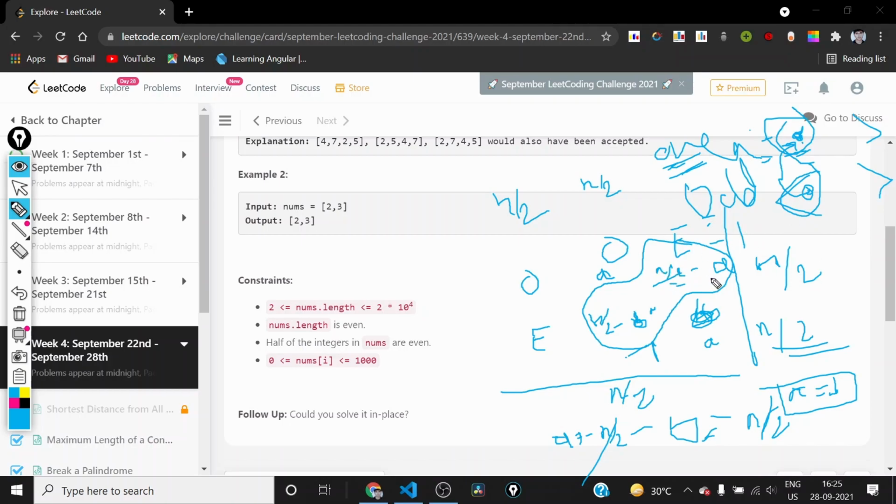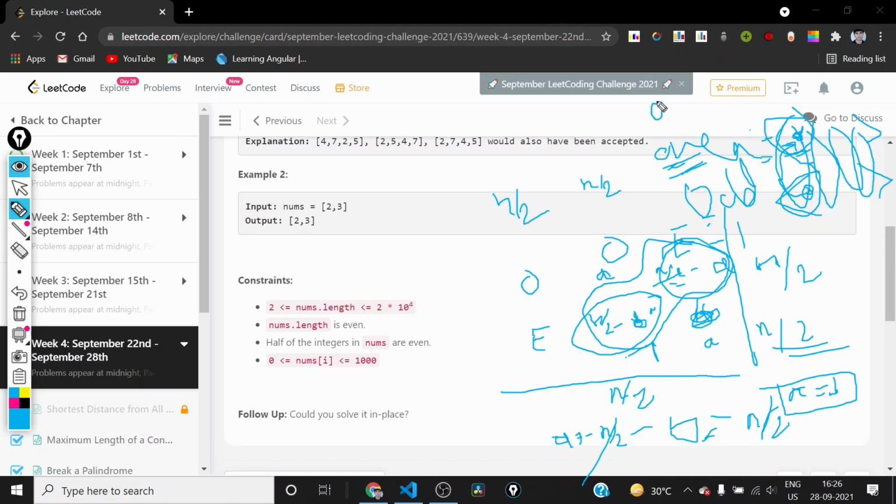So after doing n by 2 minus a swaps, the number of this kind of number and this kind of number will reduce to 0, and that is when this whole array will be sorted or arranged in the required condition. So we just need to take corresponding indices and swap the numbers at those positions. So this is what we will be doing, and the time complexity is order n, obviously, because we are iterating over the nums to construct these vectors, and the iteration for this second step depends on how many elements are present at their wrong positions.